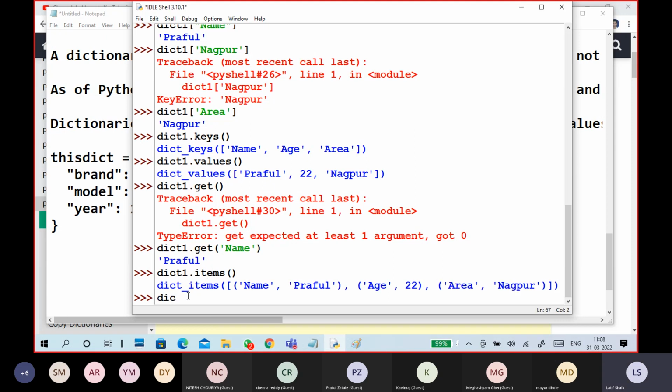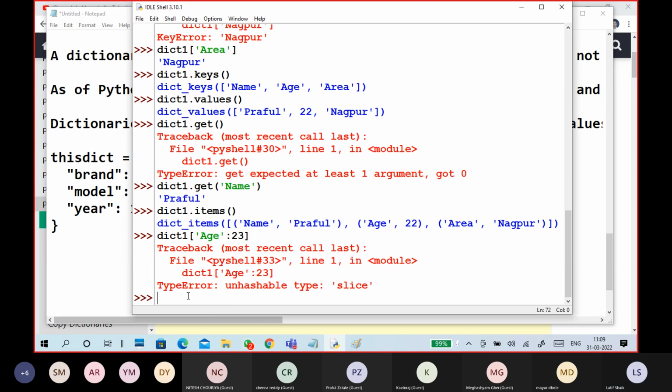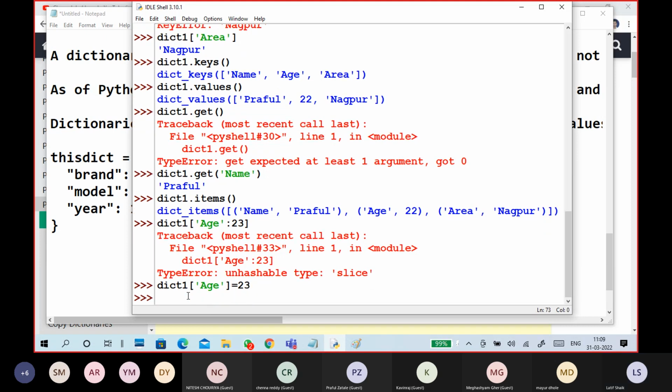I told you it is changeable, right? I'm changing age to 23, for example. Yeah, that's again a mistake. How many mistakes we make? Normally we make mistakes, then you will know what the mistake is, but don't practice mistakes.